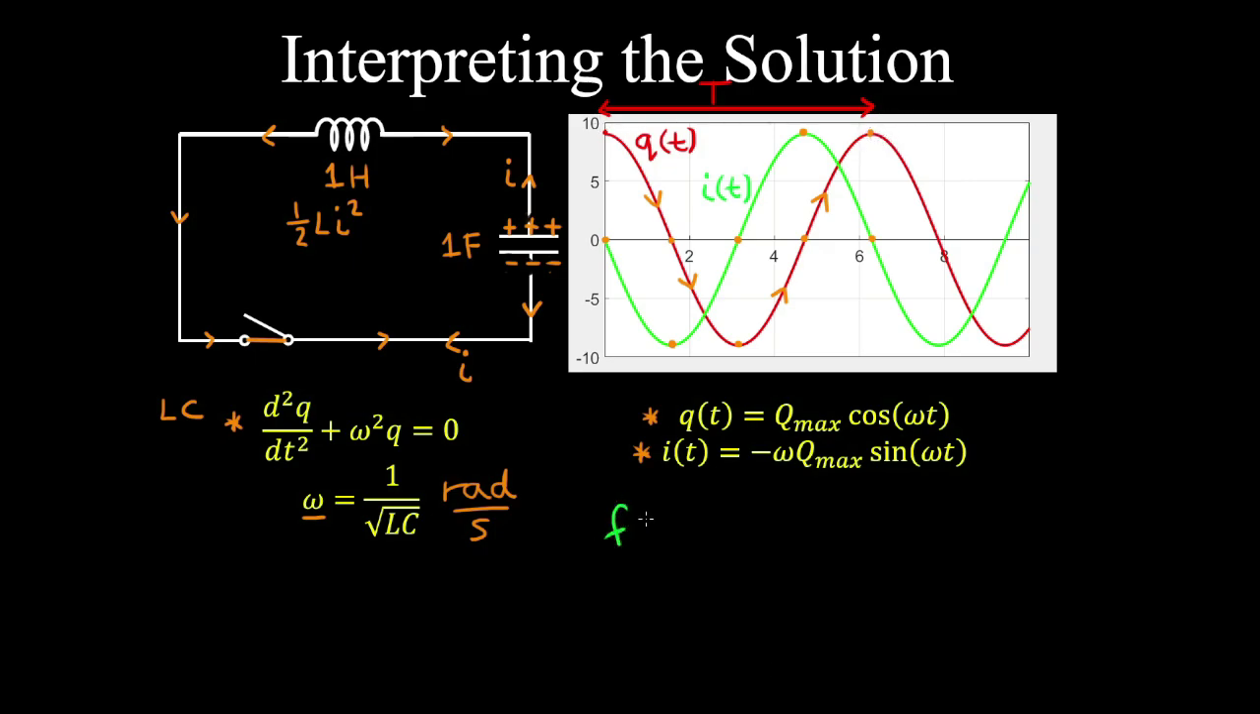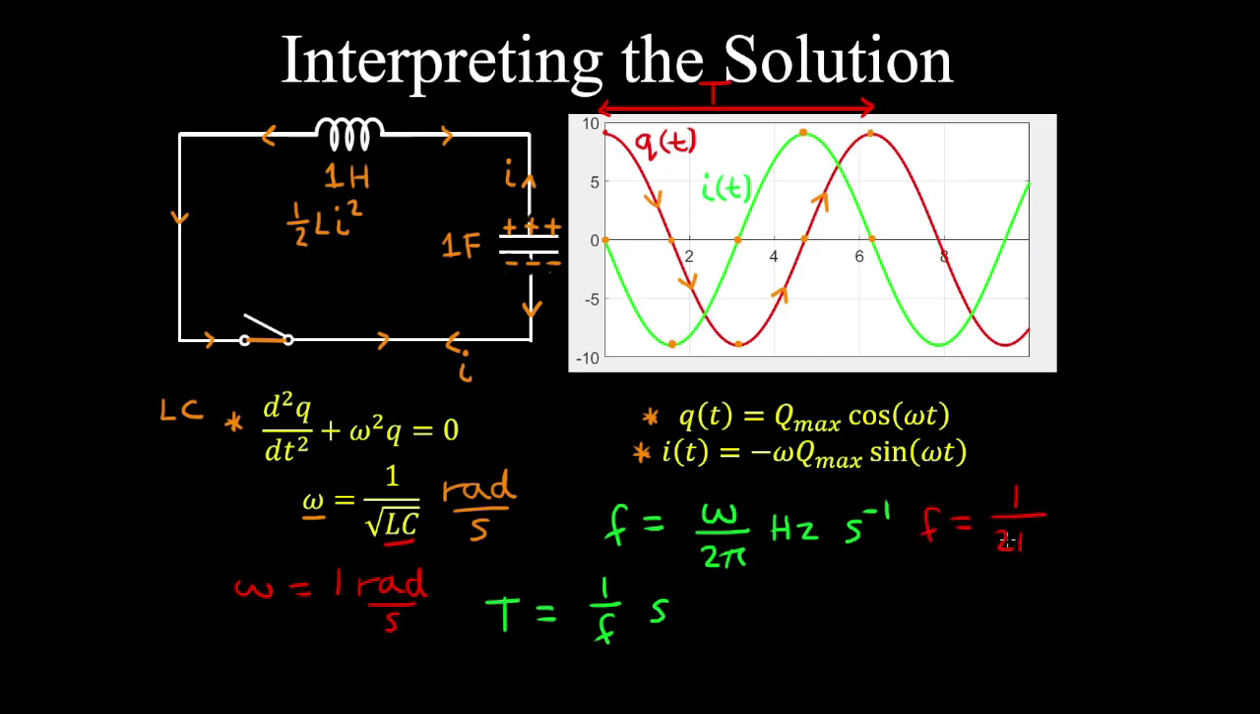So note that the frequency is the angular frequency on 2 pi. So this will be in hertz, or the reciprocal of second. And the period of the oscillation is the reciprocal of the frequency, which will give units of seconds. So in this case, given the inductance of 1 Henry and capacitance of 1 farad, the angular frequency is 1 radian per second, and therefore the frequency of the oscillation is 1 on 2 pi hertz,